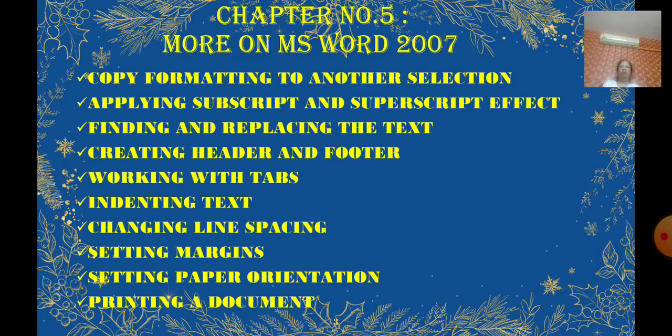Then how to take the printout? Click the office button and print, and you can select the whole document, the current page, or selected pages, or set the number of copies. When you select the office button and print, you will get the dialog box. You have to select the name of the printer which you have installed. If it is installed it will come automatically. Then select the number of copies and which page numbers, everything you have to put.